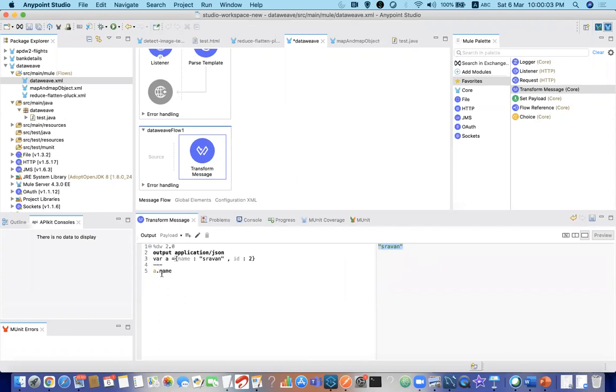So now you know the syntax. Then you can just replace that with payload. Your syntax is done and you can remove it. In this way, this preview feature will help you to overcome this issue. So always try to utilize this. Okay, got it. Shall we go with map and map object?